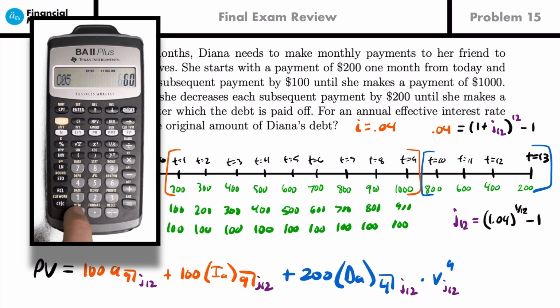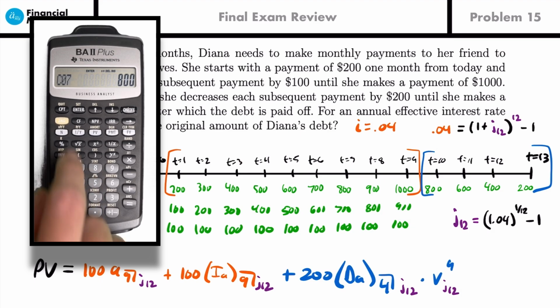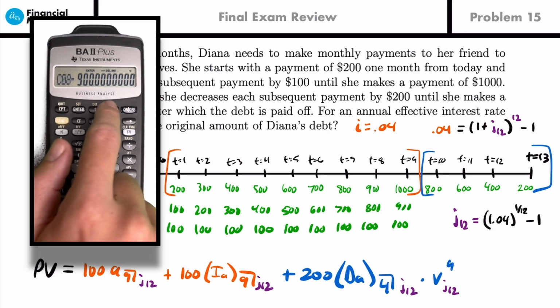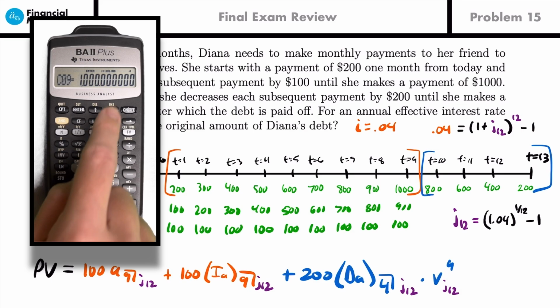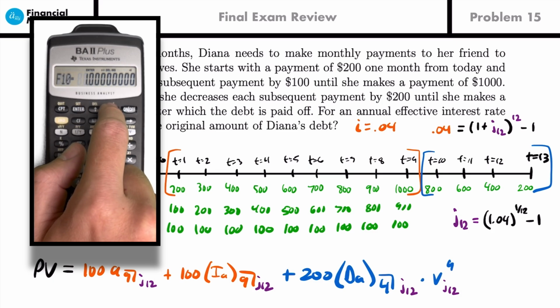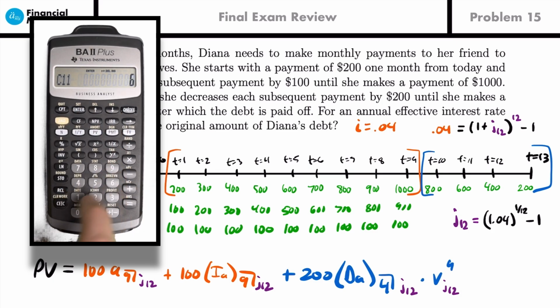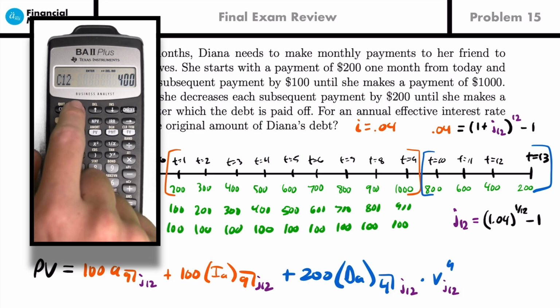C05 is 600, enter. C06 is 700, enter. C07 is 800, enter. C08 is 900, enter. And then C09 is 1,000. All right, so now those are all the increasing payments. Now we need to decrease by 200. So C10 will be 800, enter. C11 is 600, enter. C12 is 400, enter. And